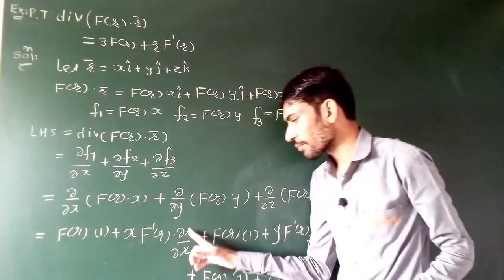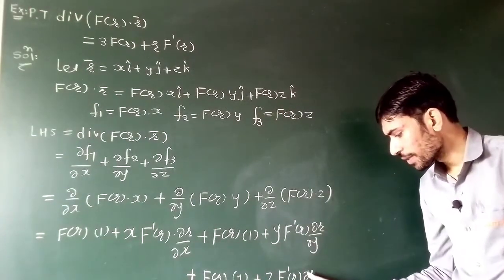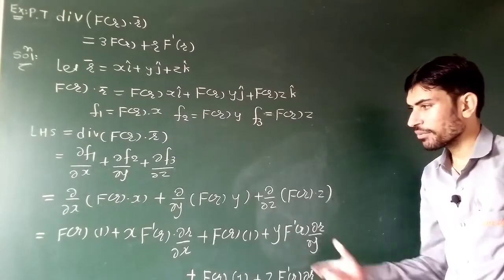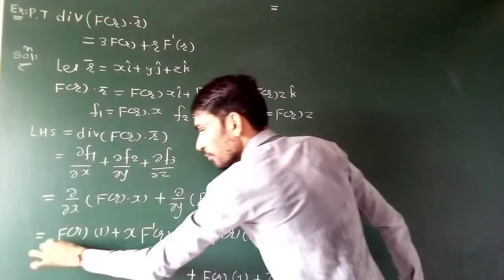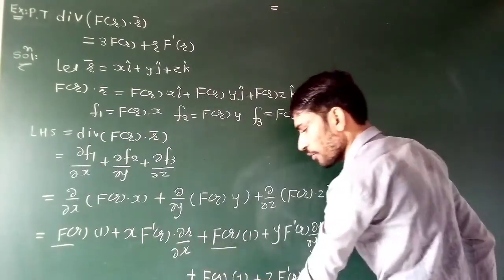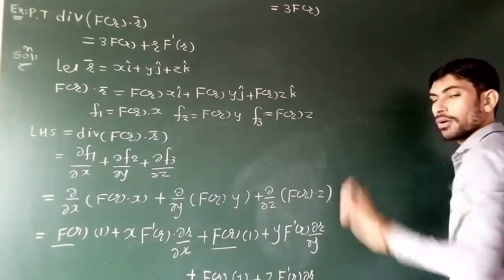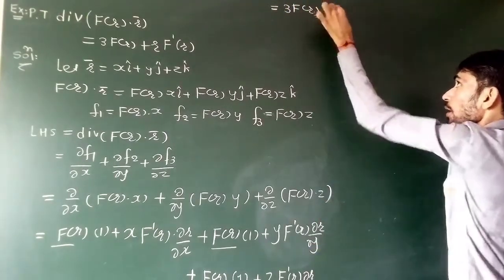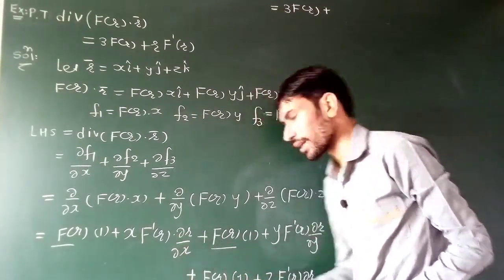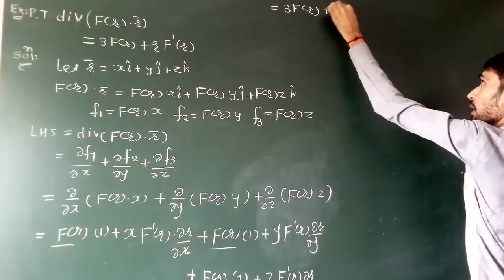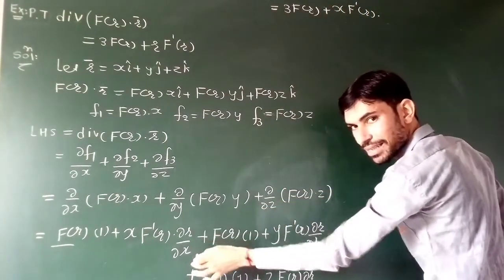As we know, the value of del r by del x is x by r, the value of del r by del y is y by r, and the value of del r by del z is z by r. So here we just substitute the values. So is equal to, now see, f of r, f of r, f of r. So here we write 3 times capital F of r. Now plus, here we substitute the remaining value, del r by del x is x by r. So here we write x into capital F dash r, value of del r by del x is x by r,